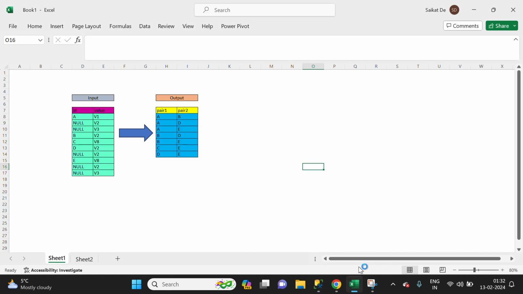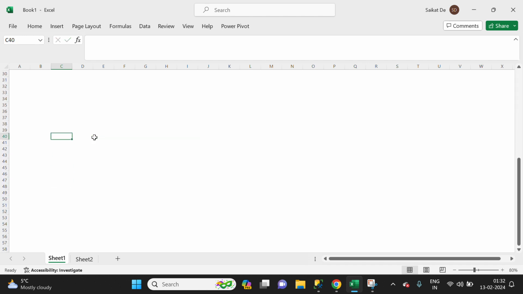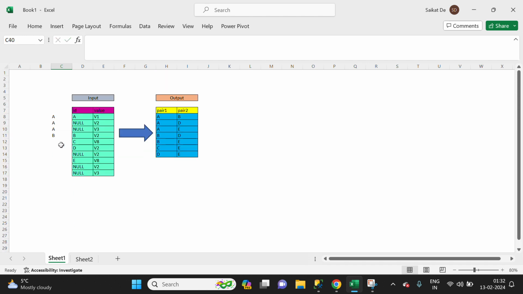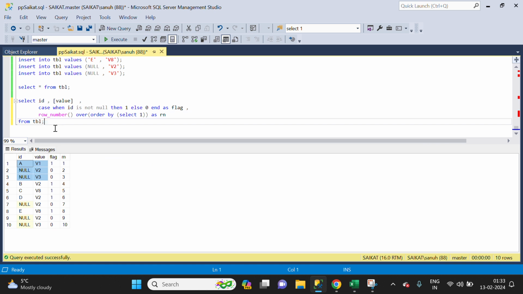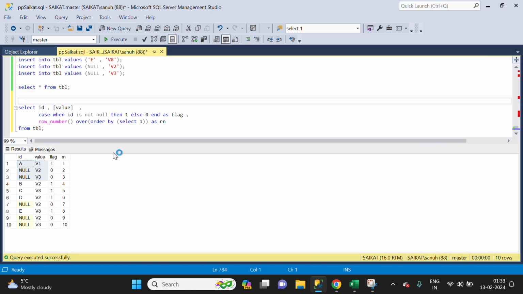So what I am going to do here is I will create something like this. So A, then A, then A, then B, then B, then C, then D, correct? Then D, then E, then E, then E. So I'm trying to create something like this because we have null. So we need to replace null with the corresponding ID. So we have created this, right? So now, to do that,